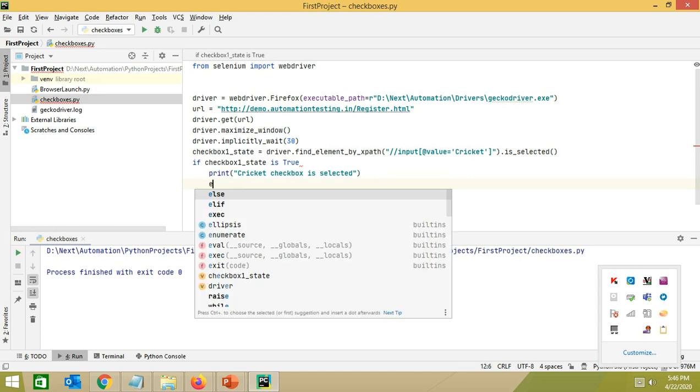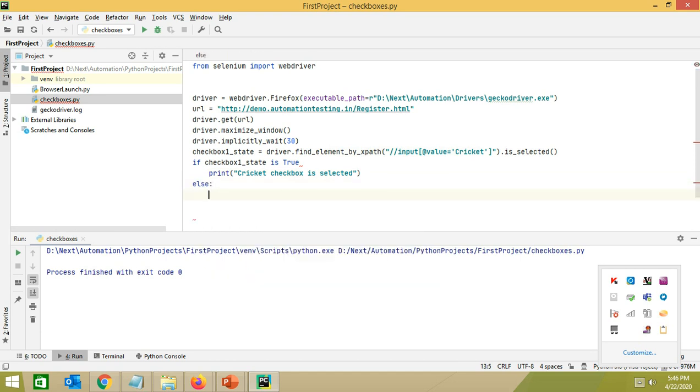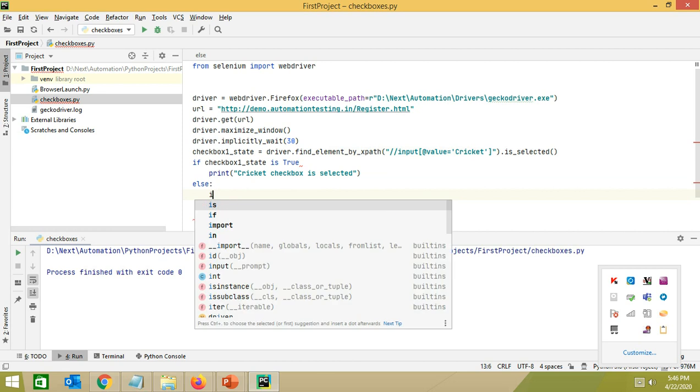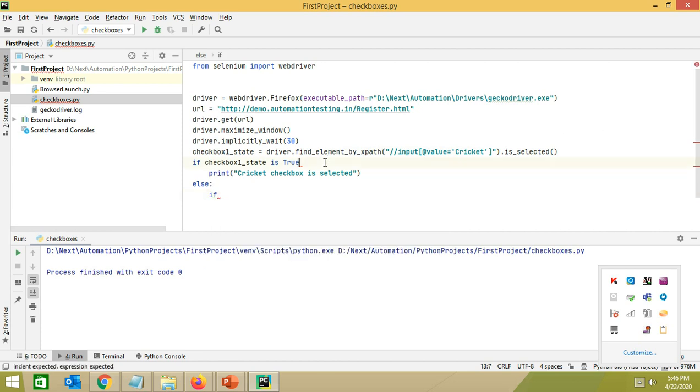Okay, else, here we need to mention this. If checkbox state is false, okay,